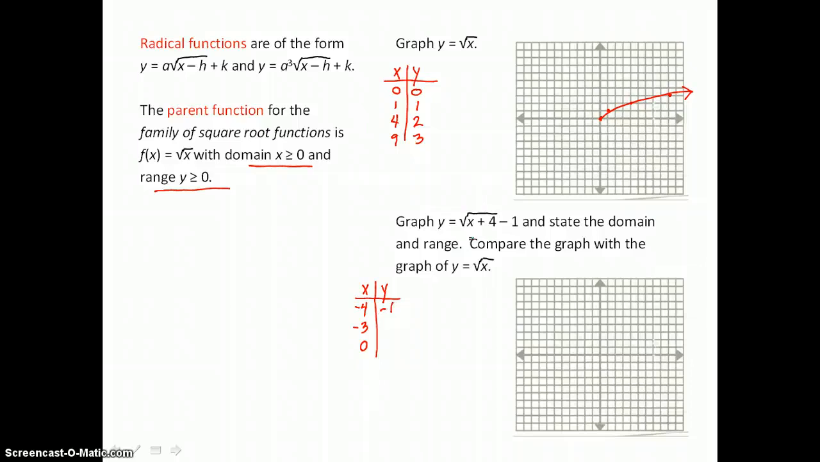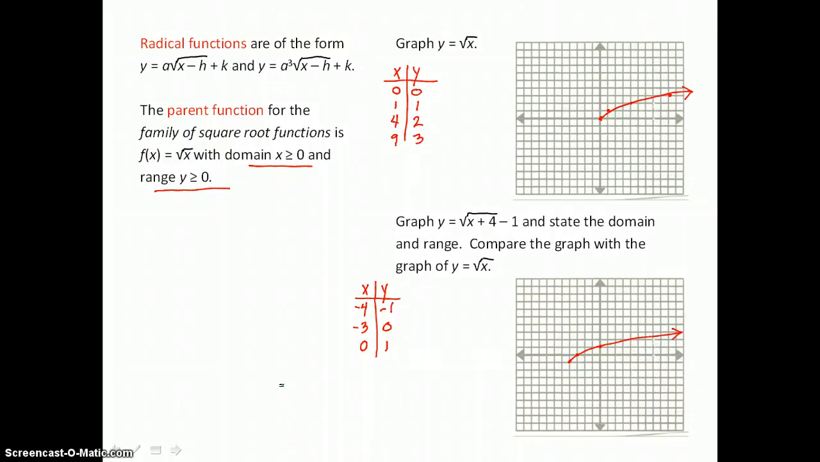When I put negative 3 in for x, I'm taking the square root of 1. Square root of 1 is 1, and 1 minus 1 is 0. When I put 0 in for x, I'm taking the square root of 4, which is 2, and 2 minus 1 is 1. So we'll graph (-4, -1), (-3, 0), and (0, 1), so that we can draw that curve through those points that looks a lot